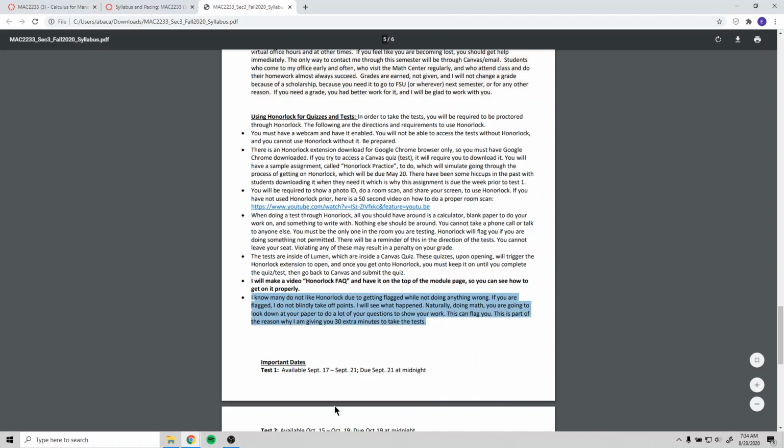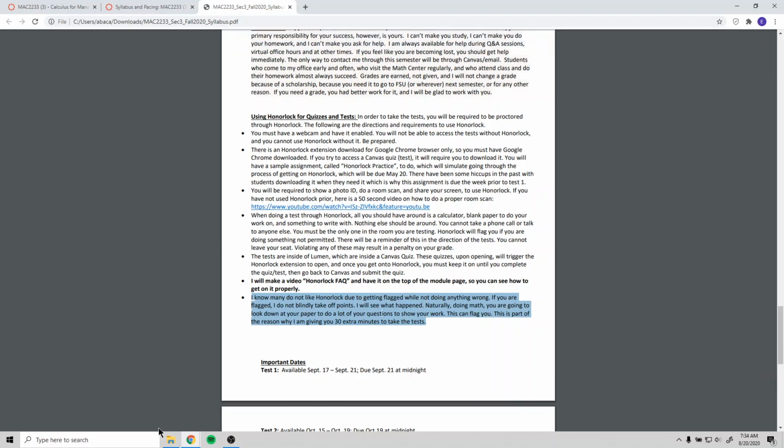You probably know that it's easy to get flagged. You might know what getting flagged means. And it's very easy to do that if you're doing a math test, because the way HonorLock works is it figures out if you're not looking at the webcam or not. But if you're doing math, you're going to look down and look at your own paper, and it might flag you for that. So unless you're doing something very strange using your phone, which you're not allowed to do,